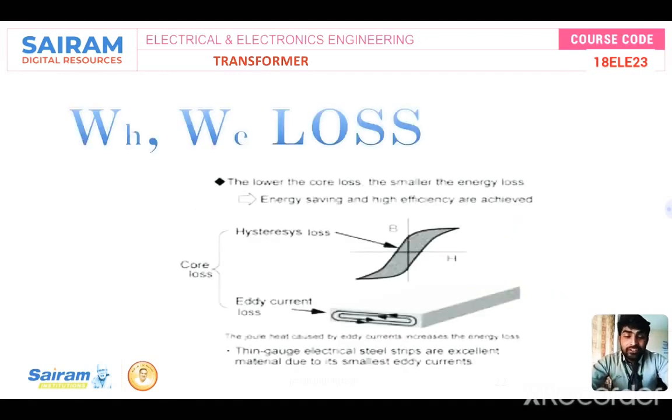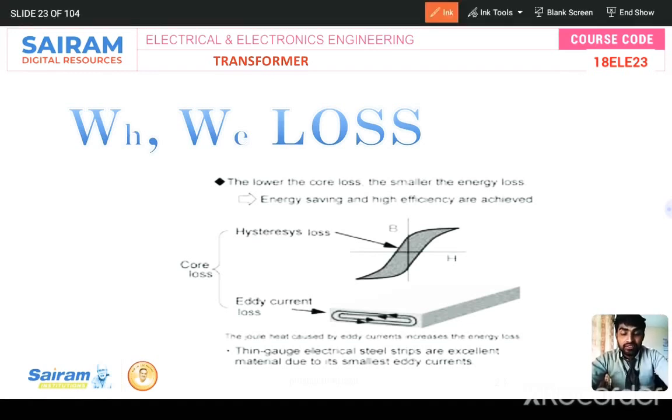And you can say hysteresis loss and eddy current loss are one concept. How do we get hysteresis losses and eddy current losses? Eddy current: if supply is given to the windings, what happens? A small amount of current flows through that core, right? If flux is reversing and flowing through the core, definitely some small amount of current flows, that is eddy current. Like this, there is lamination to avoid eddy current. That's why the thickness is very small, around 0.2 to 0.5 mm.